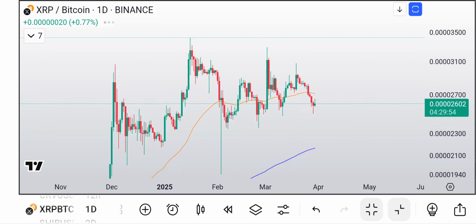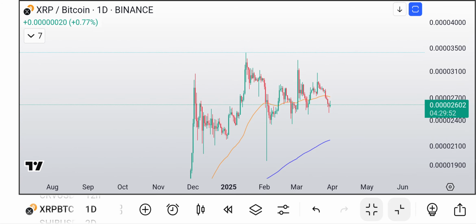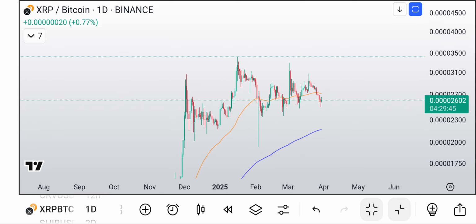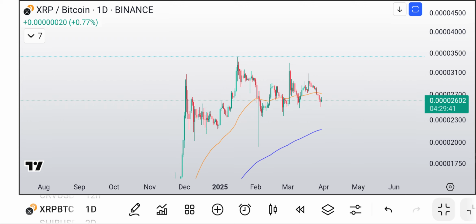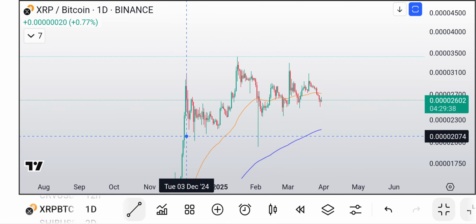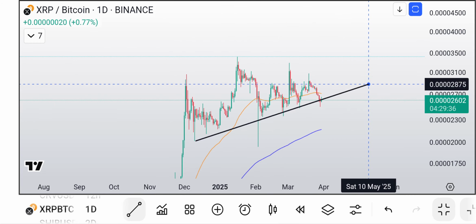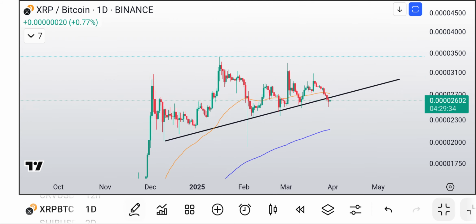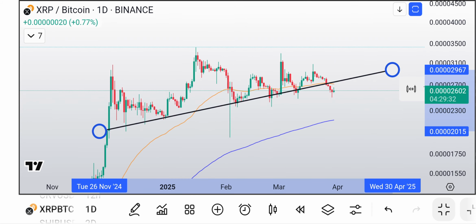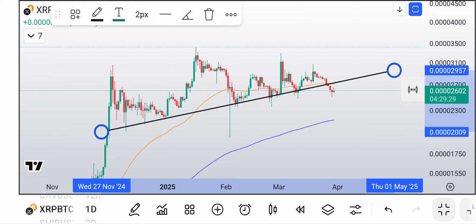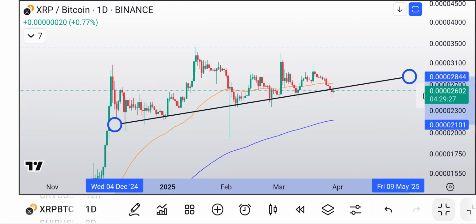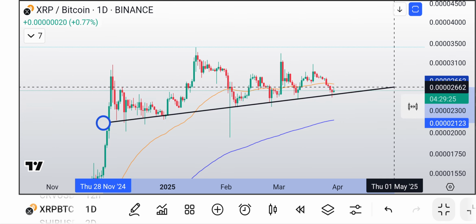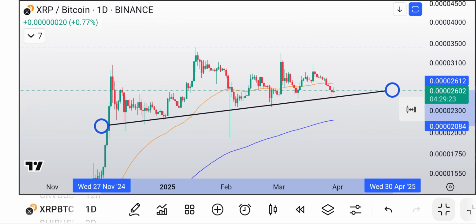All right, let's look at XRP versus Bitcoin. So XRP versus Bitcoin is actually flagging to the upside, kind of like a reverse flag. So you have this trend line here, and this trend line looks pretty nice. Let's see, did we break it yet? Looks like we've already broken it. Maybe if I make it a little bit tighter. Let's see if I can get it. There we go. That looks a lot better.